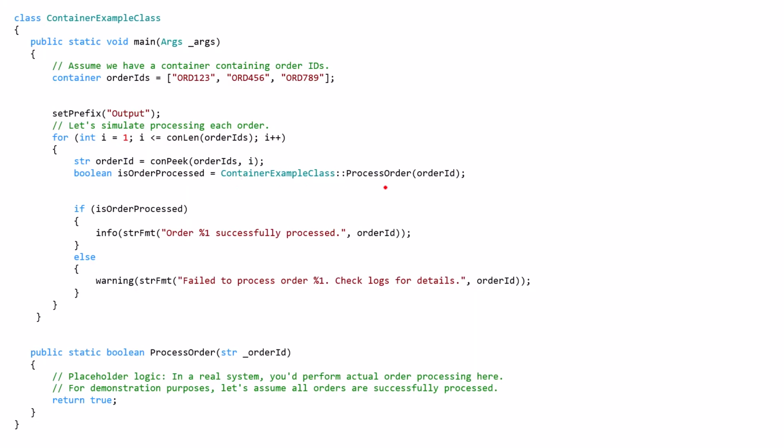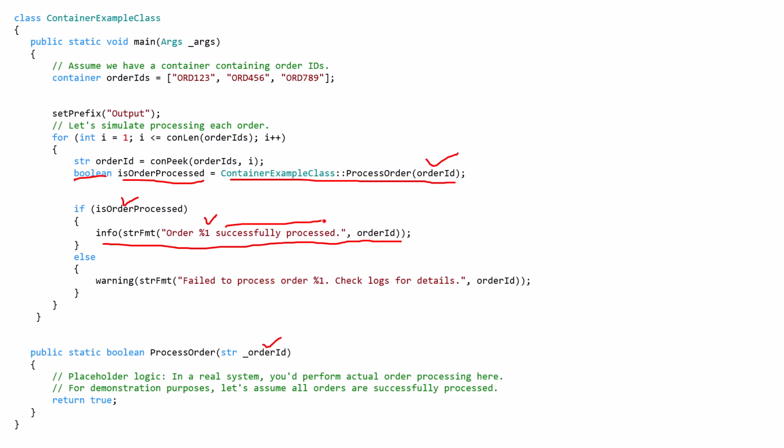Now in this case you can see that this particular line will call this particular function with the ID. So each and every time it will pass the order ID and it will give a true value or false value. That's why the order process is a boolean variable. Okay, now here we are checking whether the order process is true or false. So if it is true, then it will show you the order with the order number or order ID